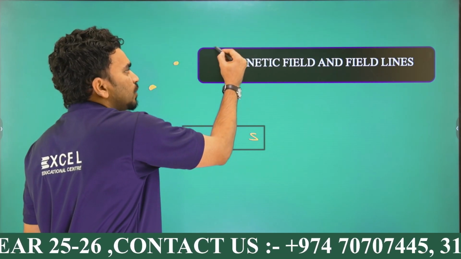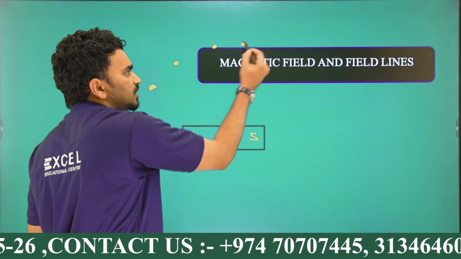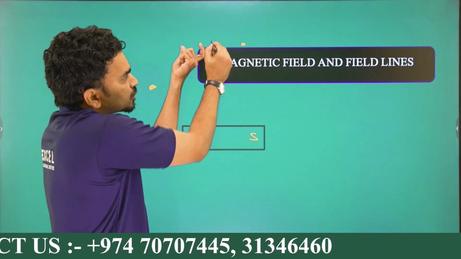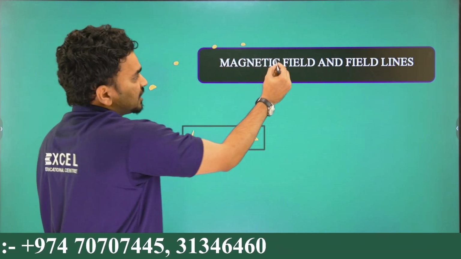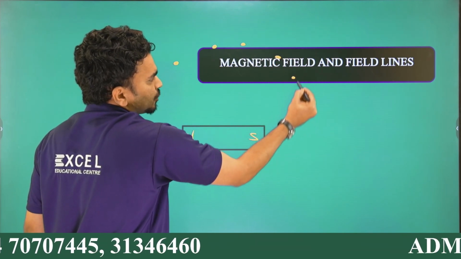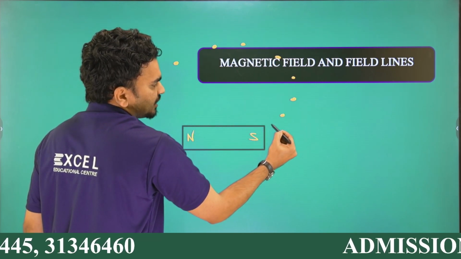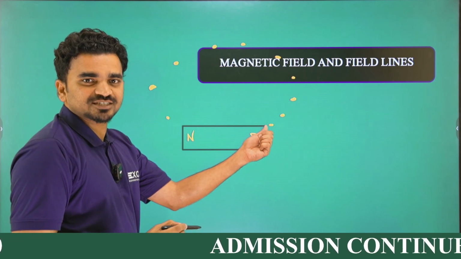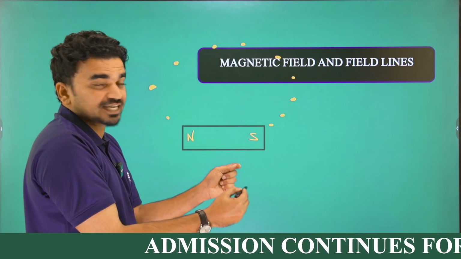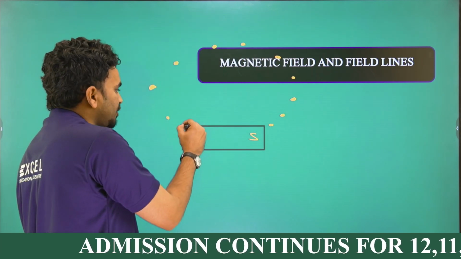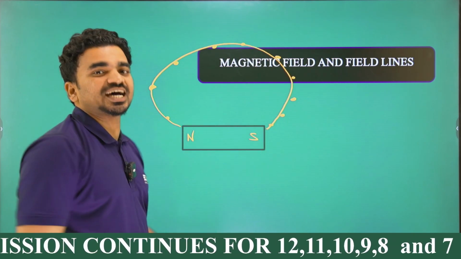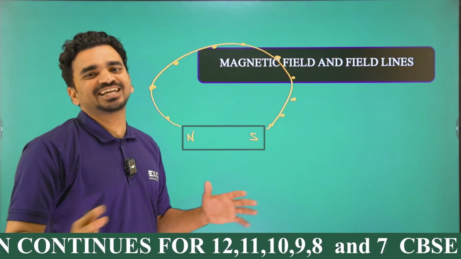Similarly, I will do a couple of points. This dot is actually where, if you keep a compass here, the north pole of the compass points in this direction. I keep on marking that north pole pointing direction. Finally, you can see I come across the south end. I get a set of points, right? If I join all these points together, what I am getting is what we call magnetic field